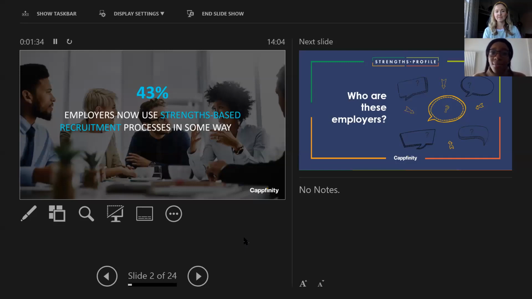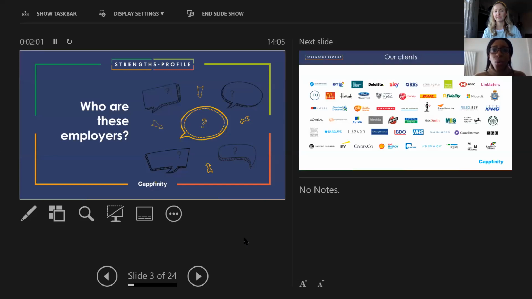So knowing your strengths and being able to articulate your strengths is going to really give you the heads up in a lot of the processes and training that you have coming up in your future careers. If anything, it is important to know what your strengths are, and at least remember 2 or 3 and how to describe and explain those, whether it is to an employer or even your friends and your family. It's good to know more about you and how to really express yourself. So who are some of these employers in the UK that are currently using strengths-based assessments?